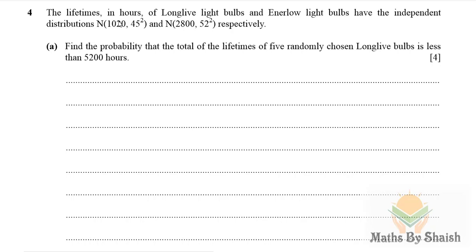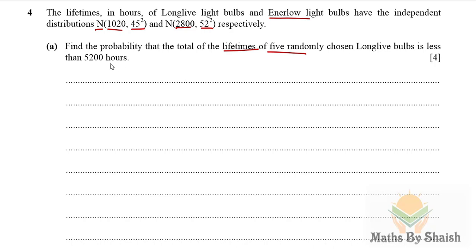The lifetimes in hours of long-lived light bulbs and low light bulbs have independent normal distributions: N(1020, 45²) and the other one, where mean and variance are given. The first part is to find the probability that the total of lifetimes of 5 randomly chosen long-lived bulbs is